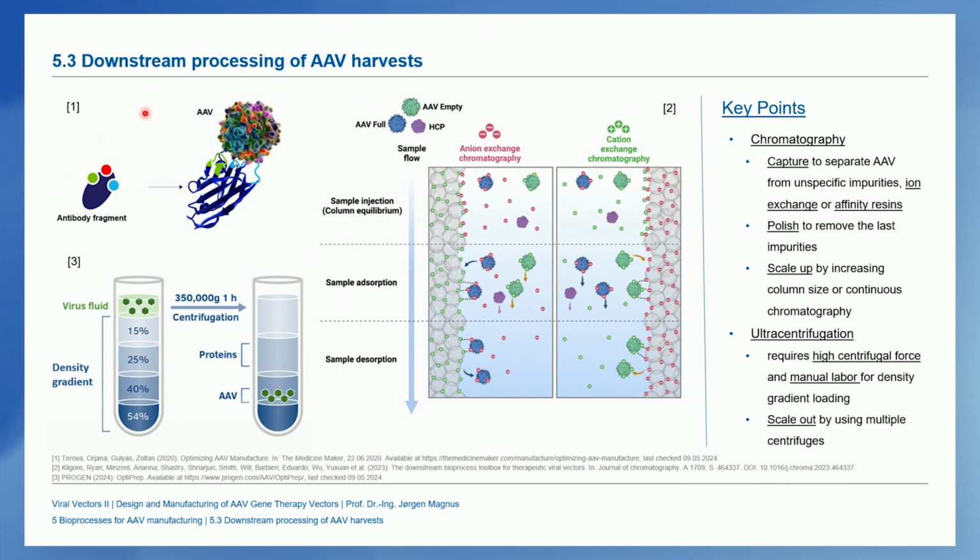The separation of empty and full is done at very, very high G forces. So you centrifuge. You can also do it at slightly less than 350,000 Gs, but you can go up to 350,000 Gs to separate empty and full. And then you will have a fraction of full AAV particles at a certain height in your sample tube. And then you have to extract them manually. That is a very manual process, and it is a more challenging step in the production